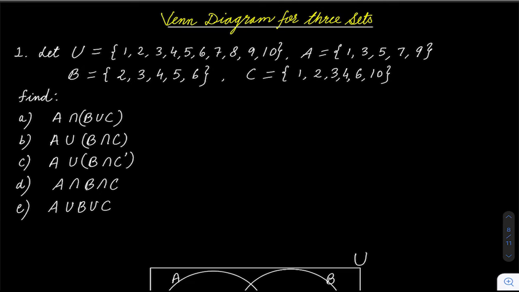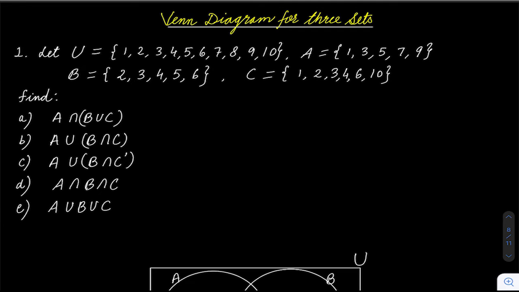Now, in the previous video on Venn diagrams, we saw what happens when there are one or two sets. That is how to find complement, intersection, union, and how to solve word problems. Today we will see what happens when there are more than two sets, that is three sets. You can actually have many more than that.